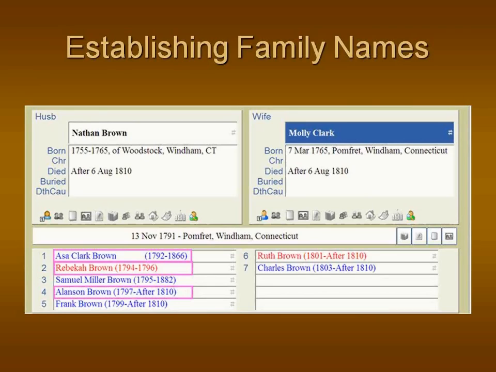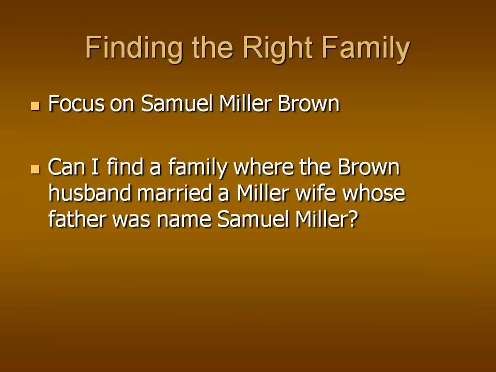So we have four children left: Samuel Miller Brown, Frank Brown, Ruth Brown, and Charles. Could those be names associated with Nathan Brown? Now, Samuel Miller Brown is particularly interesting because he's got that middle name, similar to the way Asa Clark had two names used in that name. So perhaps we can focus on Samuel Miller Brown as a way to solve this mystery. So what we're going